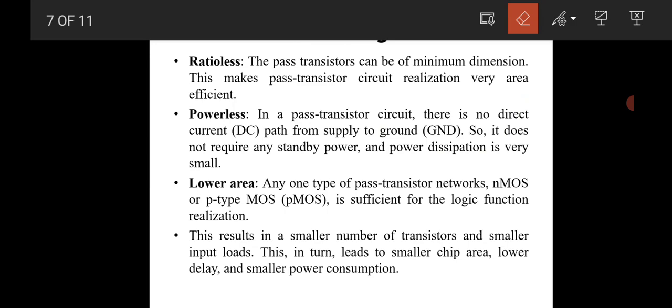Moreover, the pass transistor does not use any kind of VDD supply, and cannot use any kind of passive network. The passive resistor is a pull-up as well as a PMOS resistor. So we don't have to maintain any ratio, that is, the W by L ratio of the corresponding pull-up as well as pull-down network. That's why we don't have any such ratio problem. So that's why it is ratioless. The second one is